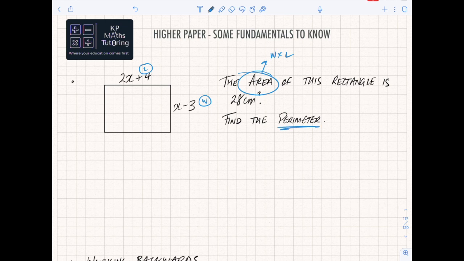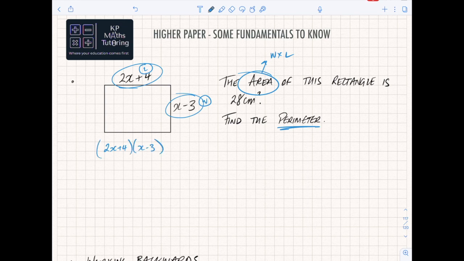So just make sure you look at what shape it would potentially be. Ultimately, it's asking me to find the perimeter, which means I'm going to need to know the length of this side and the length of this side. And in order to do that, I'm going to need to know what x is. So that's what I need to do first of all. So to find the area of a rectangle, I'd multiply this side by this side. Well, let's do that. So 2x plus 4 multiplied by x minus 3